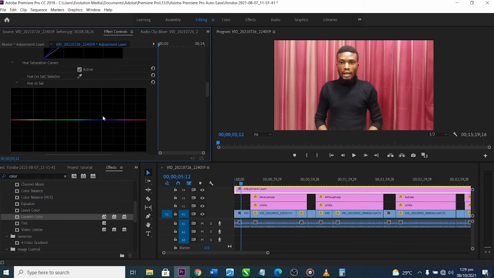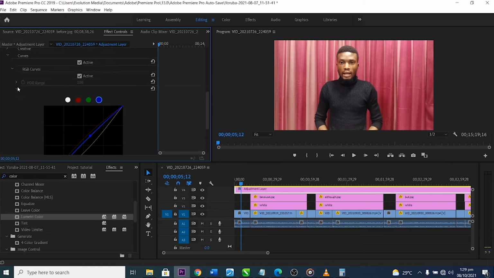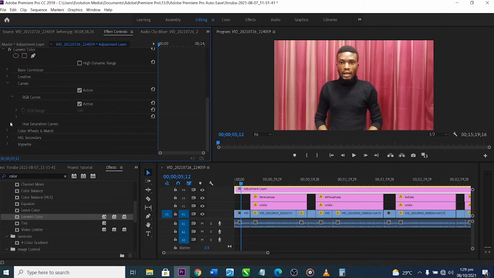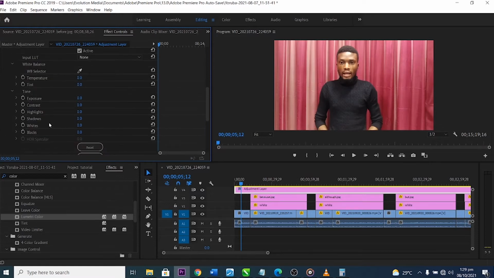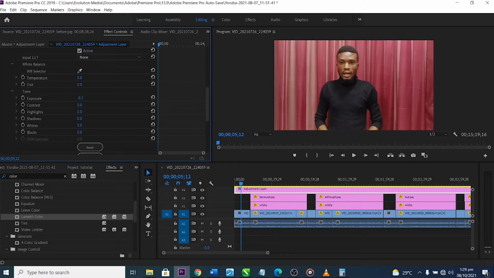So let's go to another one, hue and saturation. No, let me go to another one. Let's check basic correction. We have shadows, whites, blacks, exposure. Let's check what is there. No, we don't want it like this.